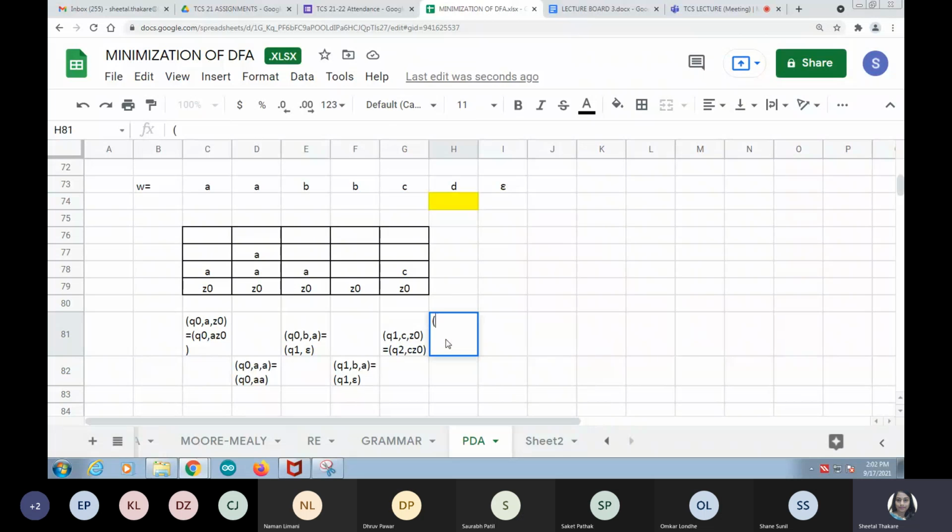You encountered B. Top of the stack is C. What you will do? As a new symbol is encountered, make it Q3. And for this D, you need to delete one C from the stack. So you will be adding epsilon here. That means delete the top of the stack. And the stack will now look like